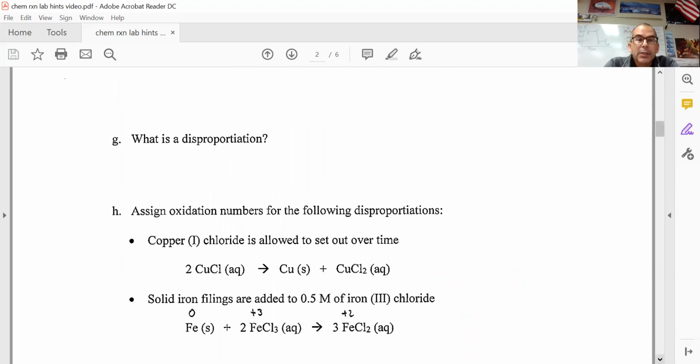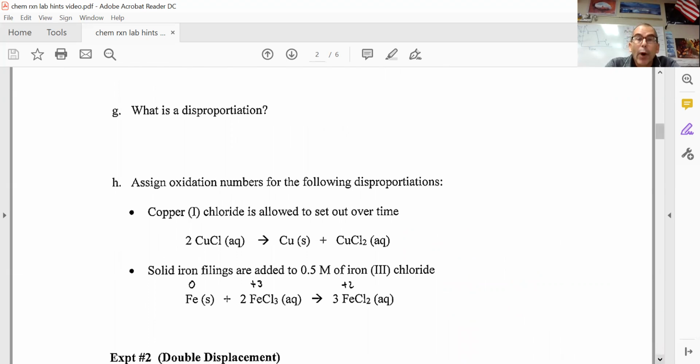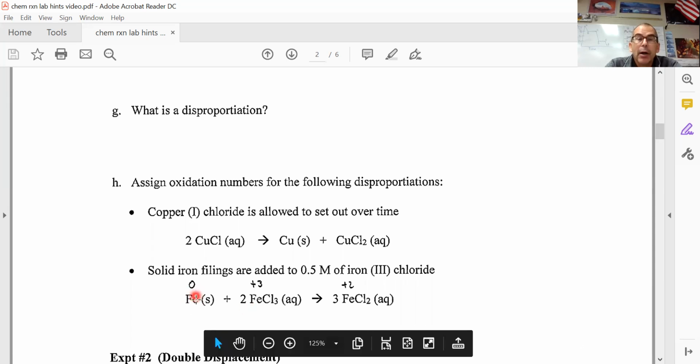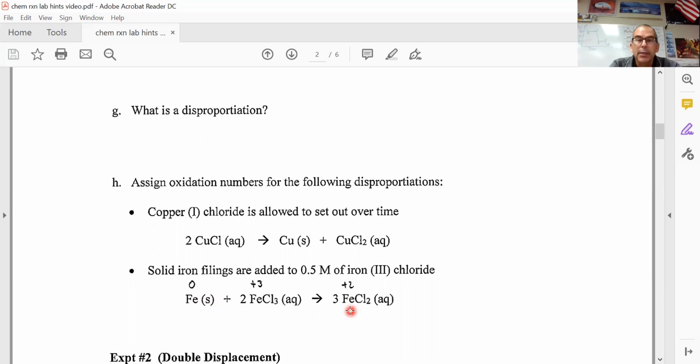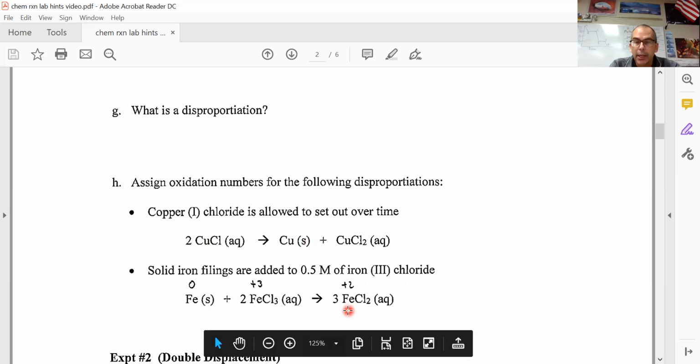There's another part of a disproportionation besides one thing breaking into 2 different charges, and it's kind of the opposite here. Iron has no charge, it's an element in its natural state. Iron's +3 here. Now it goes to somewhere in between a +2 state right here. So you can see going in the opposite direction that happens. I don't really think of the hydrogen peroxide as very much a reversible reaction in a practical sense, but these 2 reactions tend to be more reversible types of reactions. Okay, so